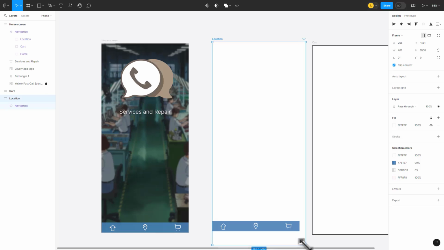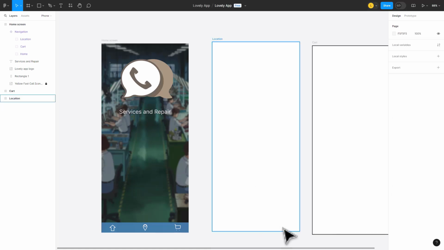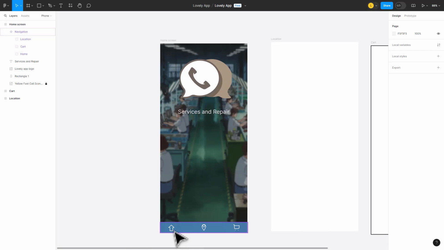But you'll notice that the navigation bar is just locked in this position. It's locked over on the left-hand side and also the top of its position. So as I pull it down, it does not adjust. So let's delete the navigation on the location screen for now, and instead let's focus on the navigation on the